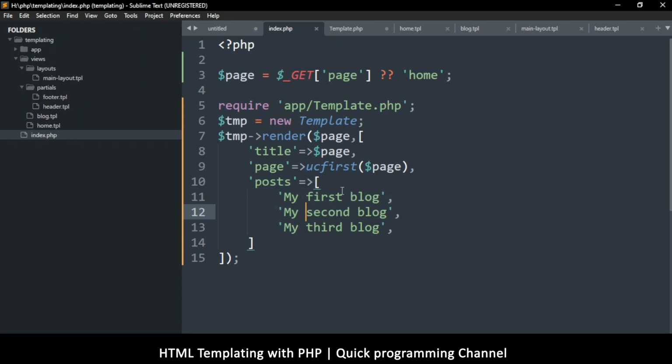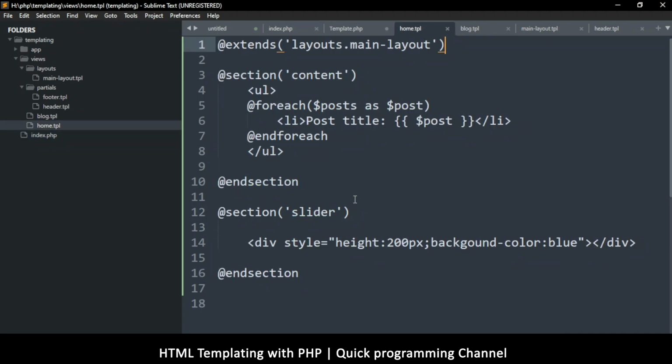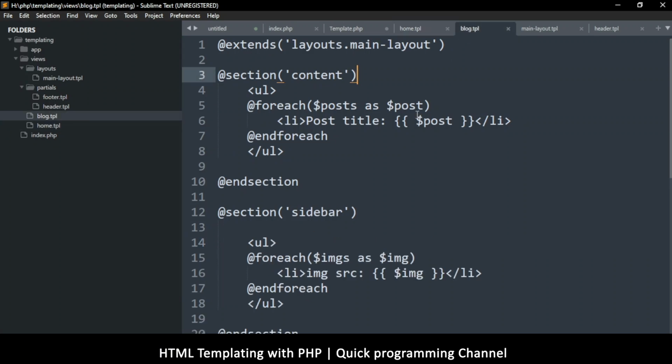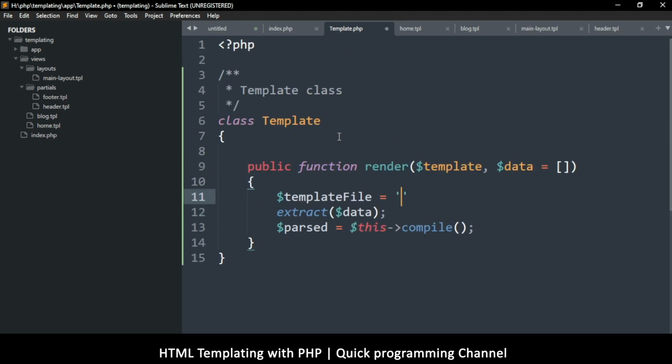Now we can add more items here. So you have to check, on the home page for example, what do we need? It's posts, right? And that's really it, actually. There's a slider here, and then on blog, what do we need? Posts again, and then maybe images as well. So you have to look at that. That's when you create your